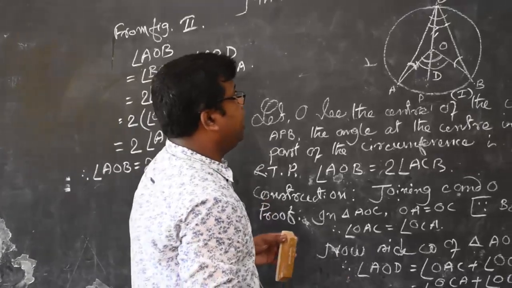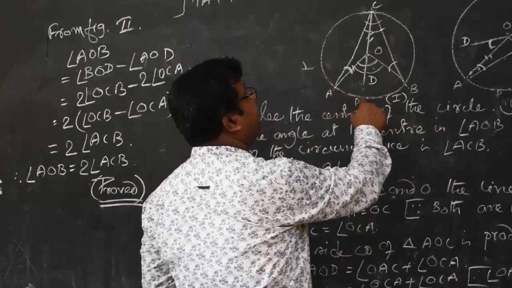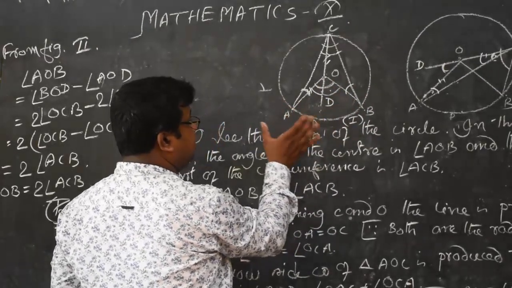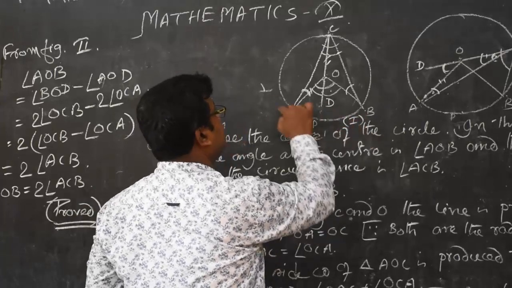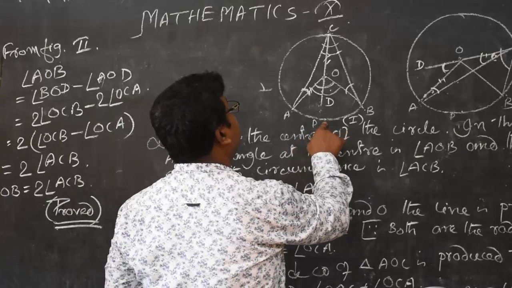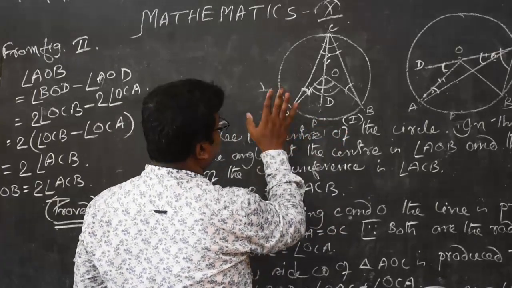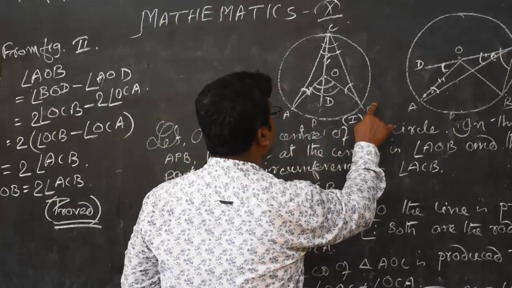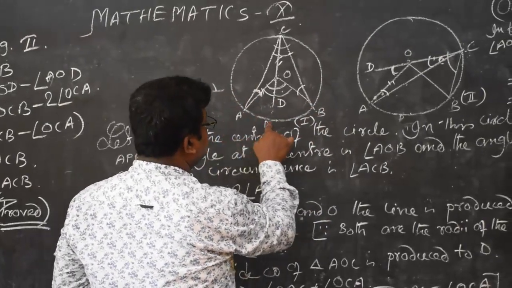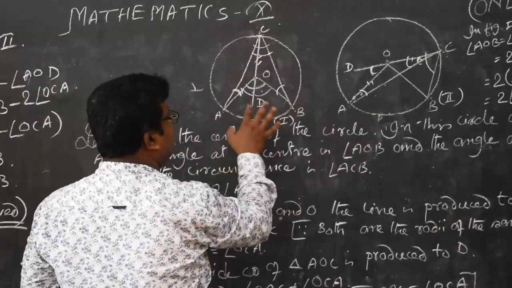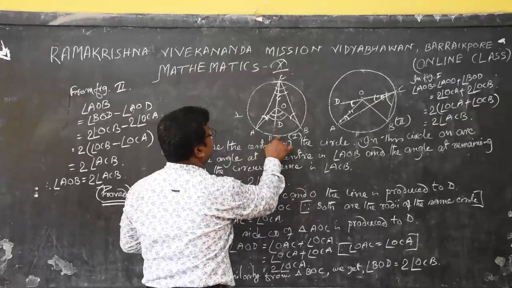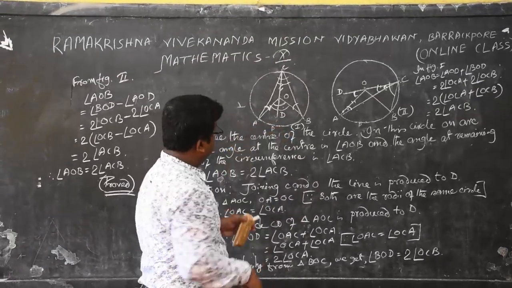Although I am telling arc, what is arc? Arc is the part of circumference. We are getting two types of arcs: number one, minor arc; number two, major arc. To say it clearly, we have to put here one name, that is P, to define the arc APB. If we say AB, then there will be confusion whether AB is this part or that part, major or minor. You cannot understand. So to make it clear, we have to put here name P.